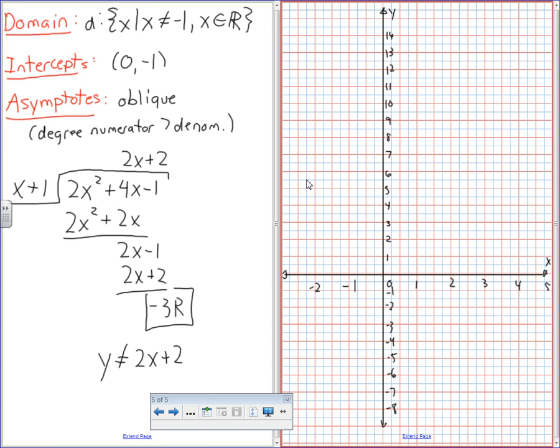Y can, well, 1 was our first one, right? Was that right? Yep. X can equal 1, I mean? X can equal